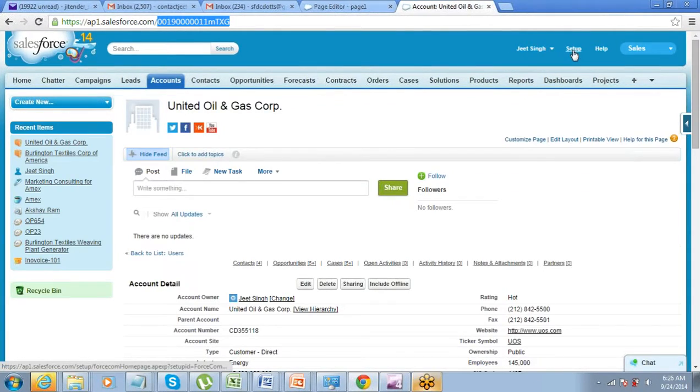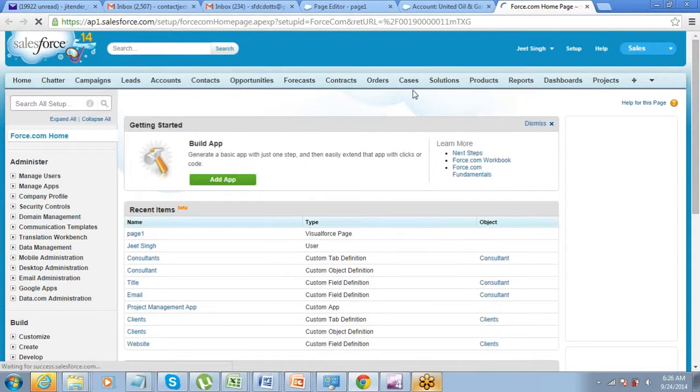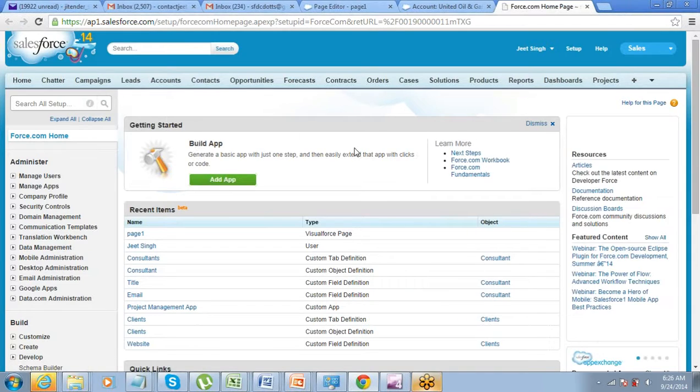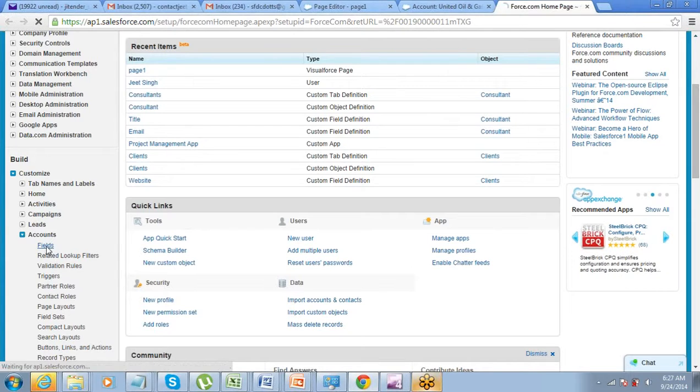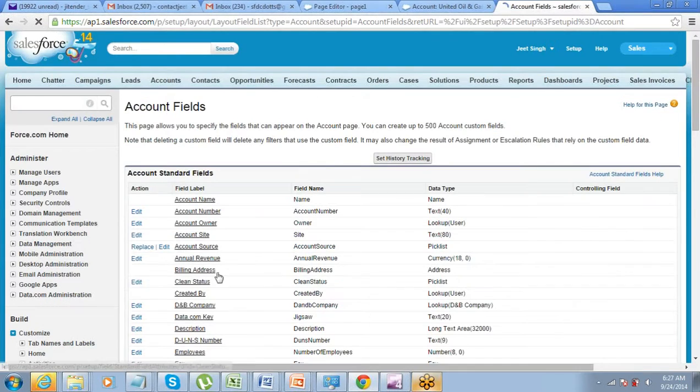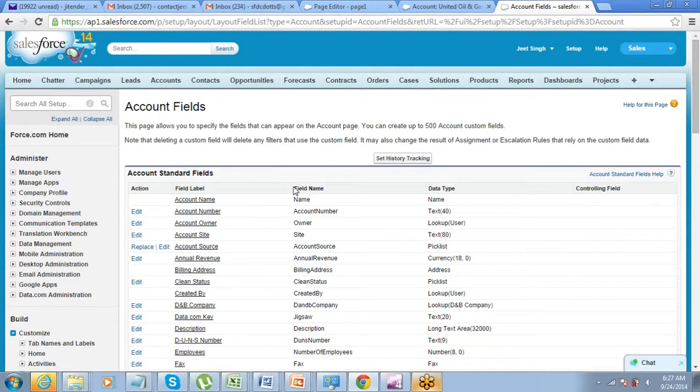You have been creating fields while designing the applications. Just go to Setup, Customize, Account, Fields. Here you will get to see what the field names are. You have to use the field name in the code, not the field label. Label is different, name is different.